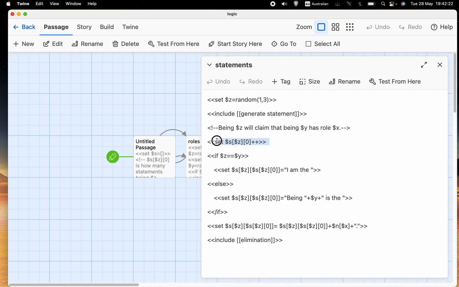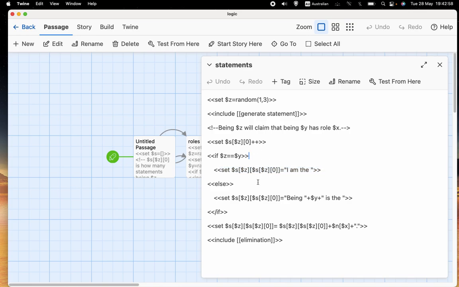Then we have to add 1 to SZ0. You'll remember that SZ0 is the number of statements that being number Z makes. So it starts at 0 and then we increment it. And then this is the grammar thing. If Z is equal to Y, in other words, if the being making the statement is the same as the being that the statement is about, then we